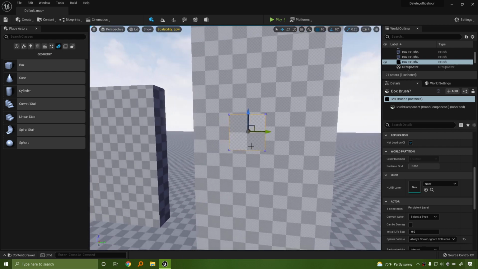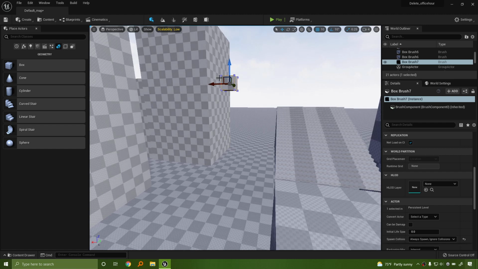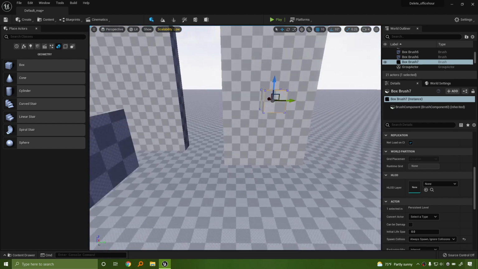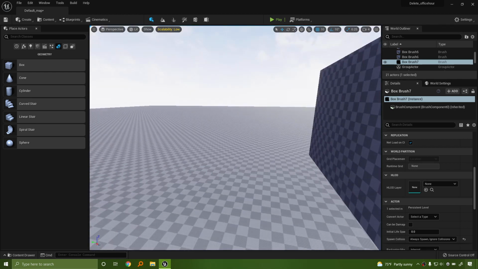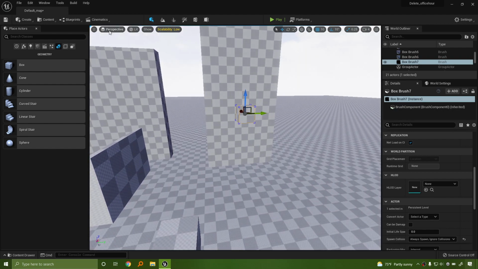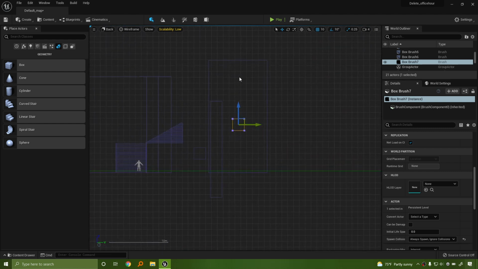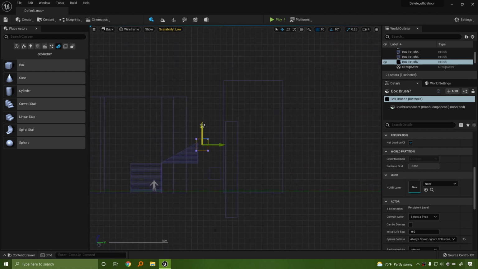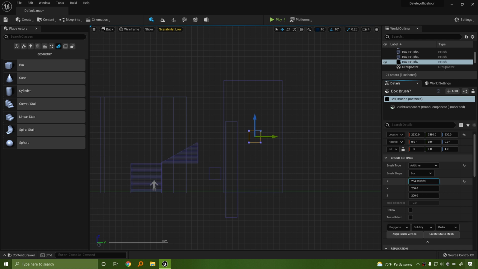Might as well. Okay, so where is this? This goes to about right here. So let's do something fun with that. I'm going to look at this from the right side. Look at this from the back. And let's try to line up this space with the top of the stairs. Oh, we can't see the X in that, but we can see the Y and the Z.